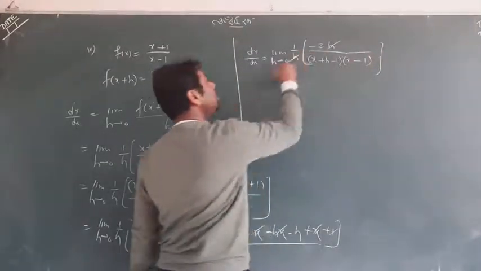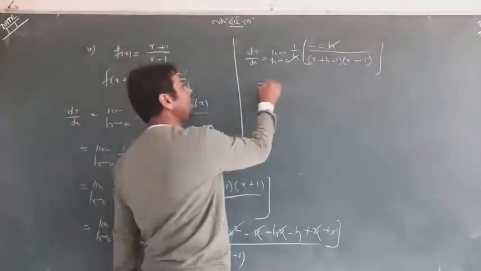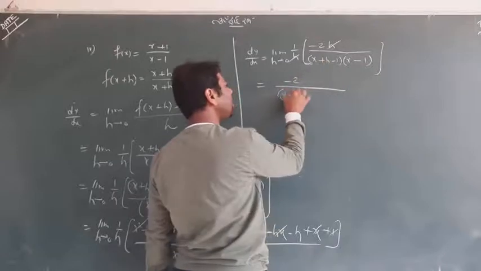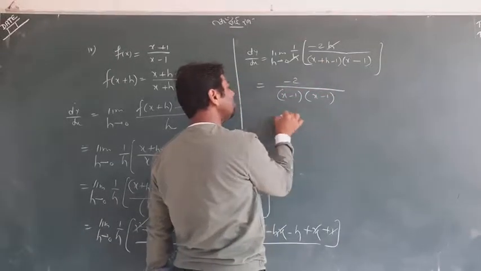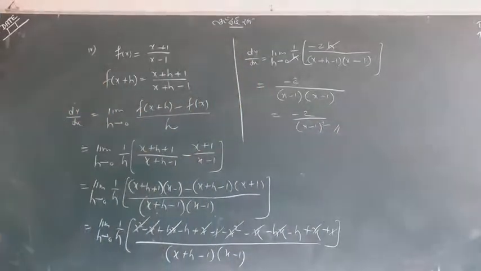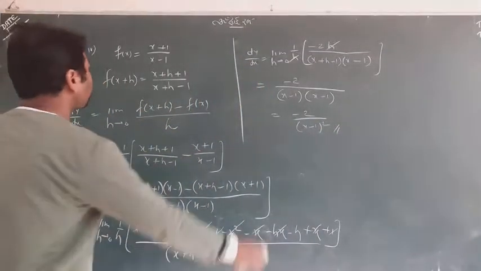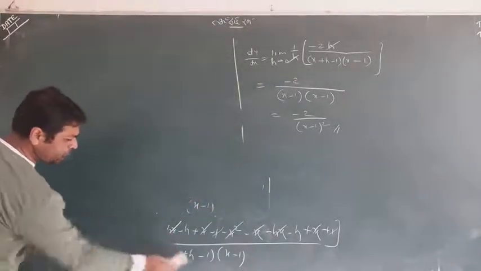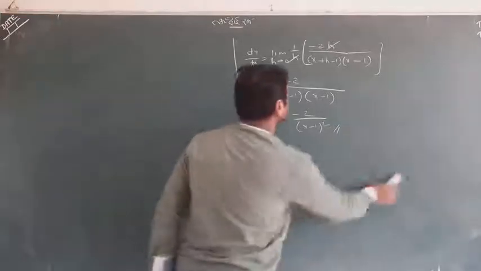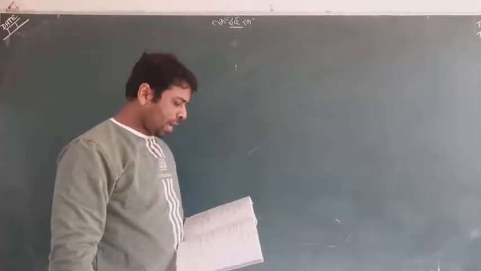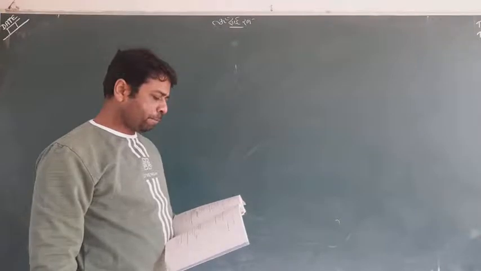Lastly, h and h will cancel, and in the rest of the terms you can put h tends to 0. So this is going to be 0, x minus 1 is remaining here, and x minus 1 is remaining here. So lastly we have x minus 1 whole squared. This is a very easy concept, nothing hard. You only follow the concept and method, use a limit, and get the answer. So this was a simple question. Now let me complete some more questions. We have question number 7.